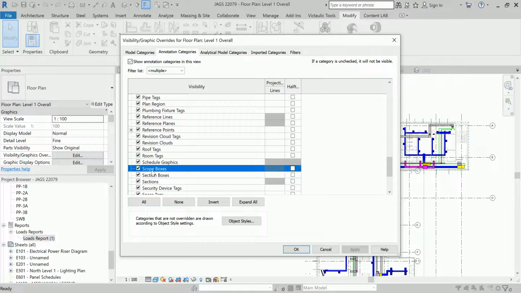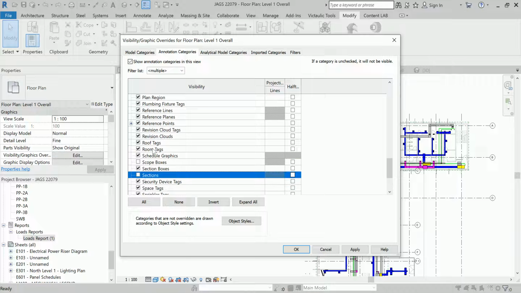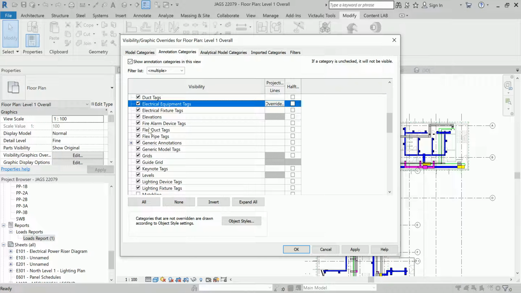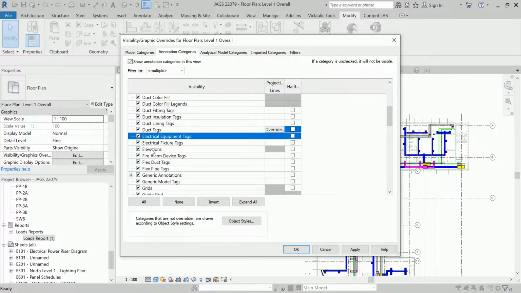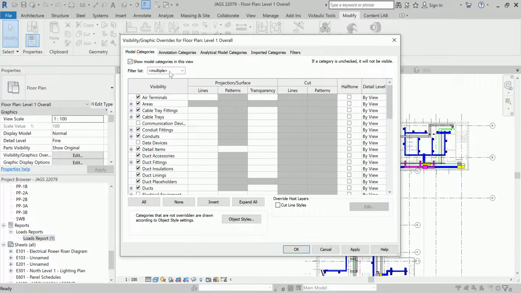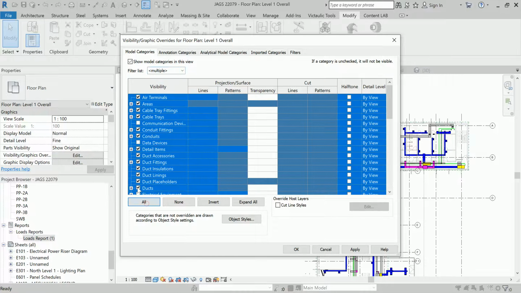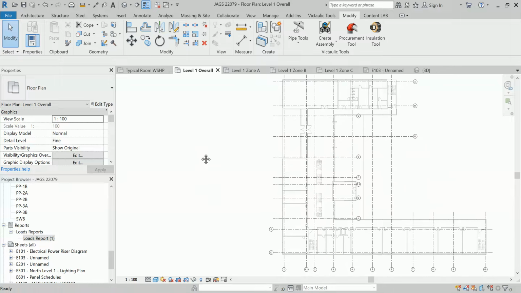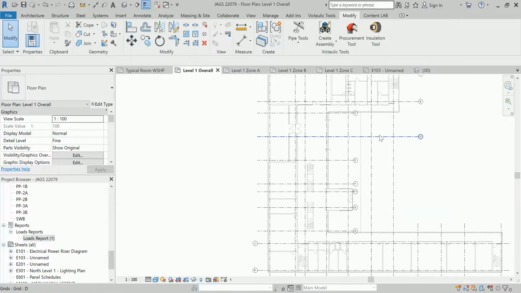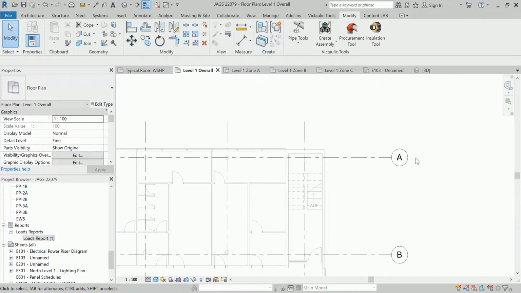Sections, scope boxes, sections I do not need, elevations and elevation symbols I do not need, and then I will filter out all the mechanical, electrical, plumbing services and turn them off. So this is only my architectural and structural,